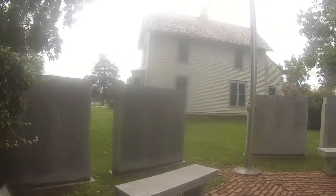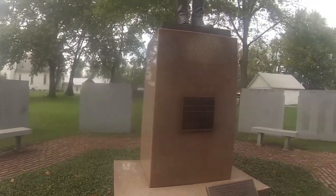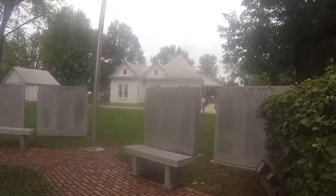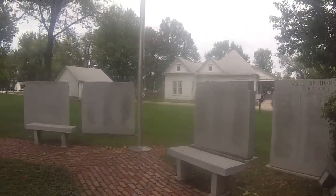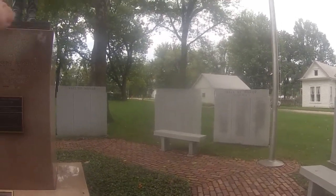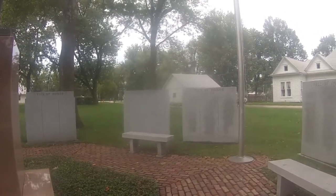So next to the house is a memorial park to the local men who served, and many of which passed away in all the wars. On the other side, these are all World War I on the inside. On the other side are the other wars. Now that's a pretty impressive statue